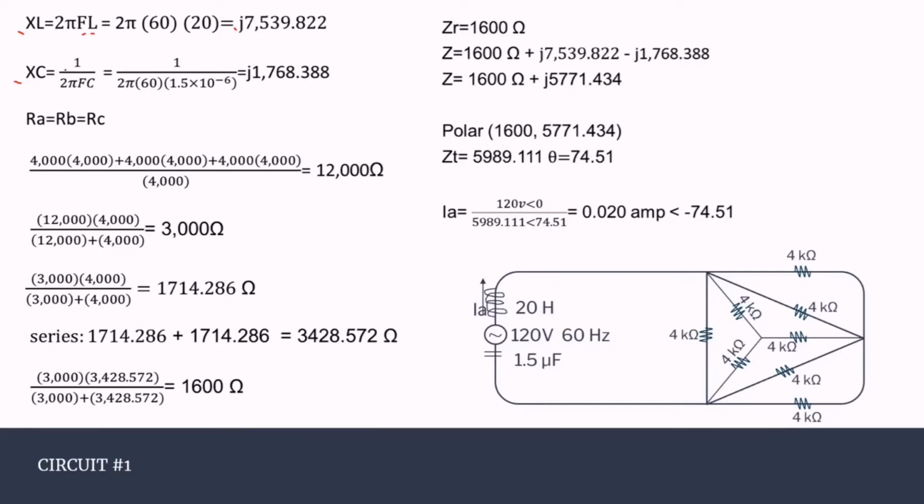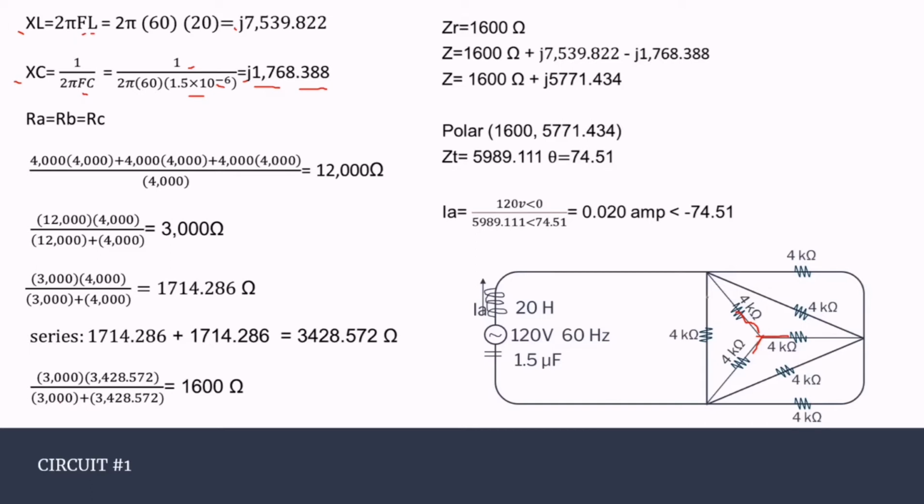Next is for XC. XC is equal to 1 over 2 pi FC, wherein C is equal to 1.5 microfarad. Microfarad is equal to times 10 raised to negative 6. So we have 1 over 2 pi times 60 times 1.5 times 10 raised to negative 6 is equal to J 1,768.388. Now, since we have a Y structure,